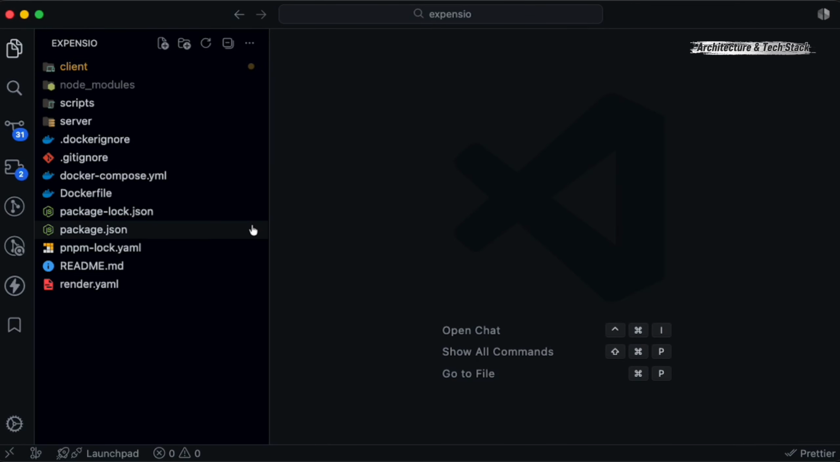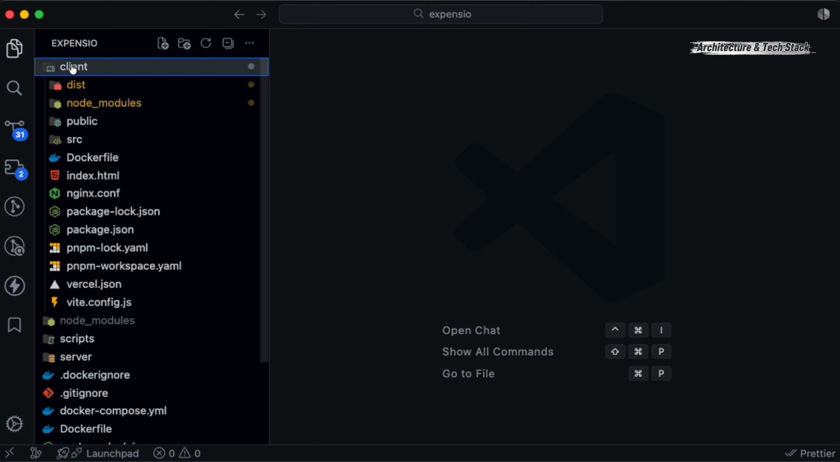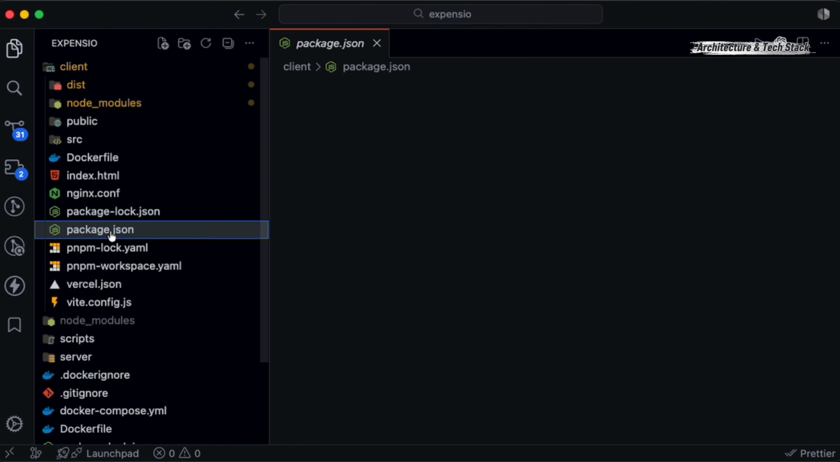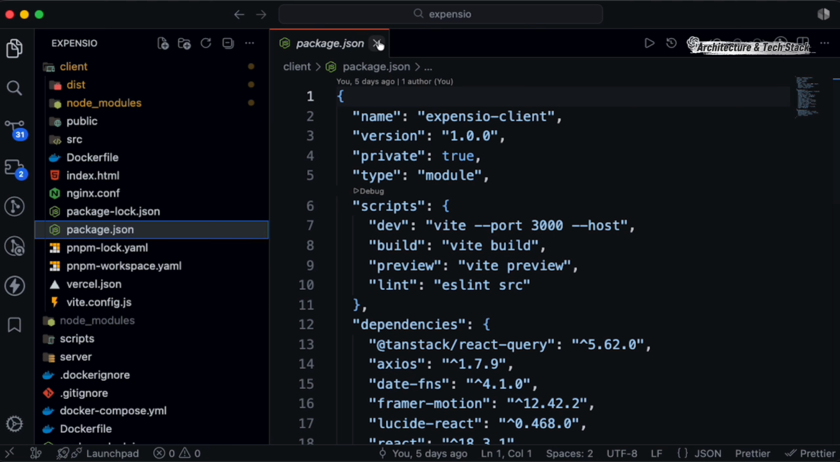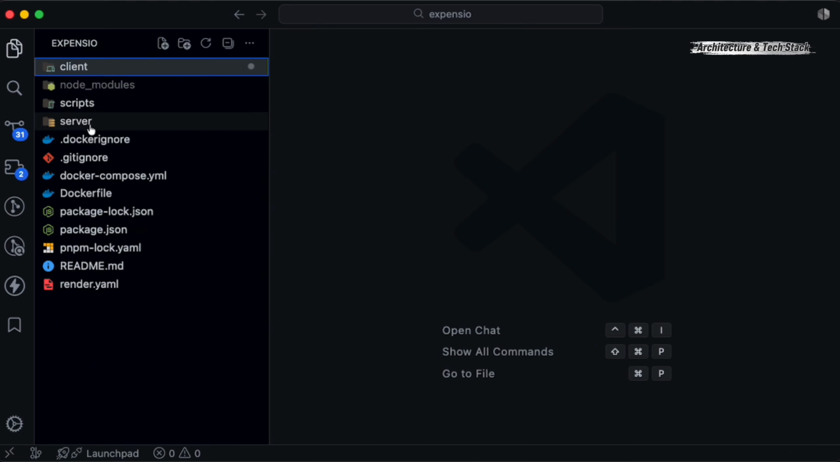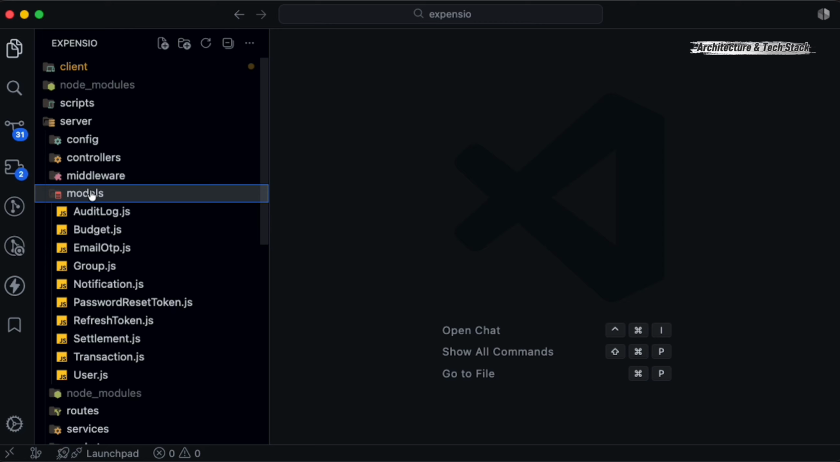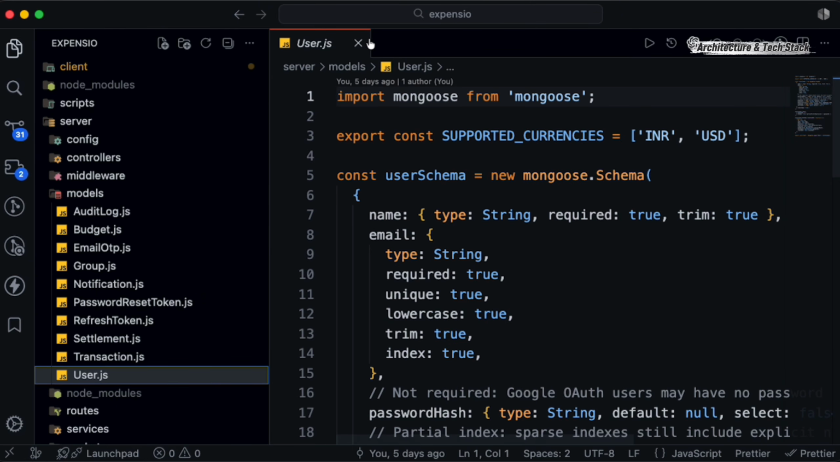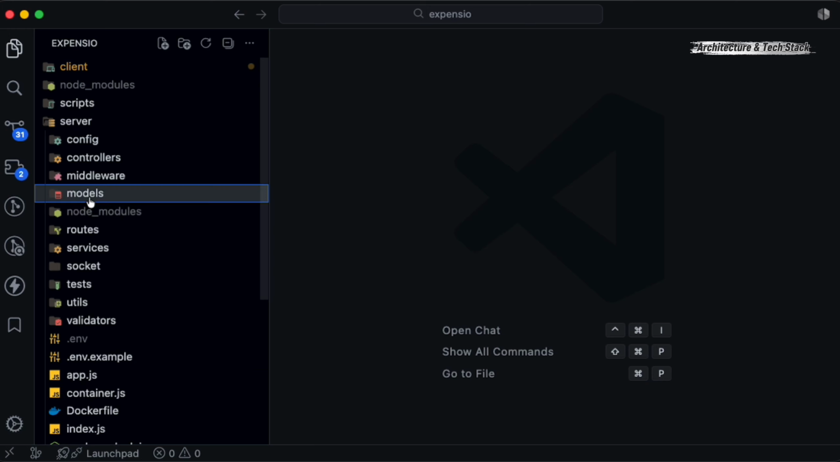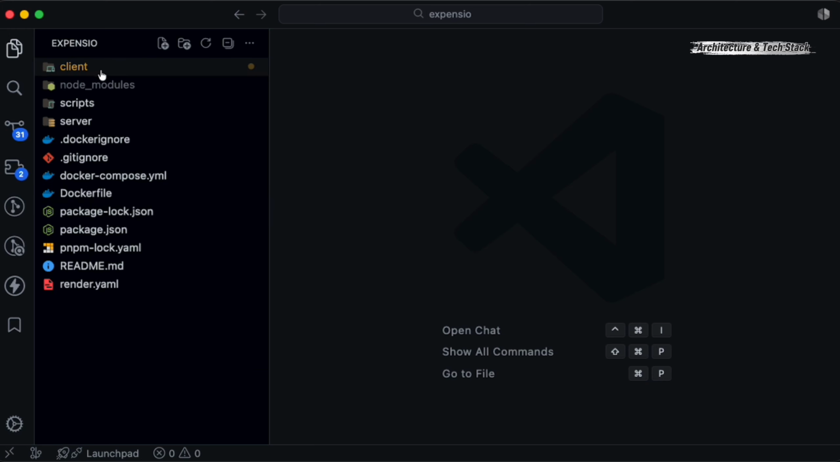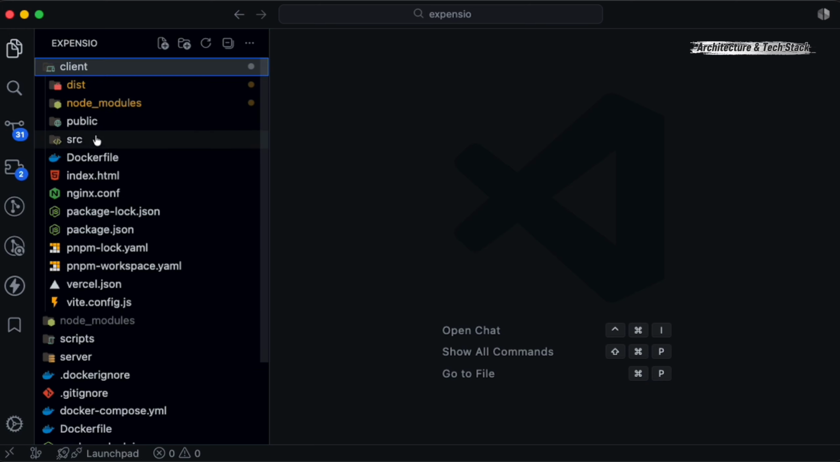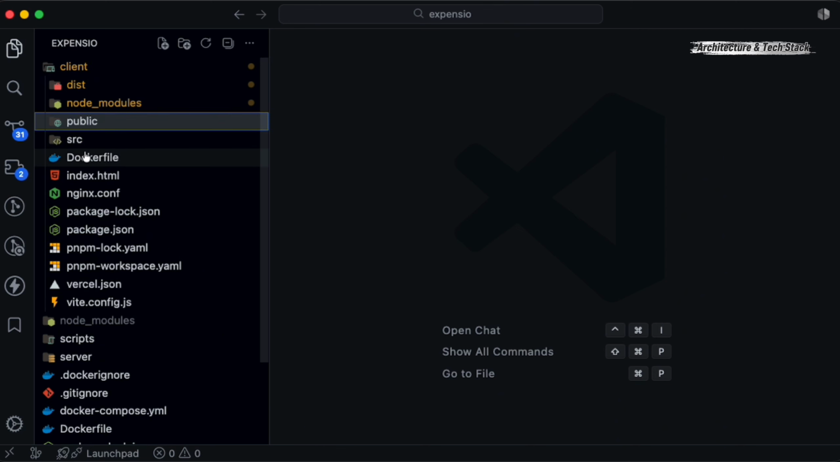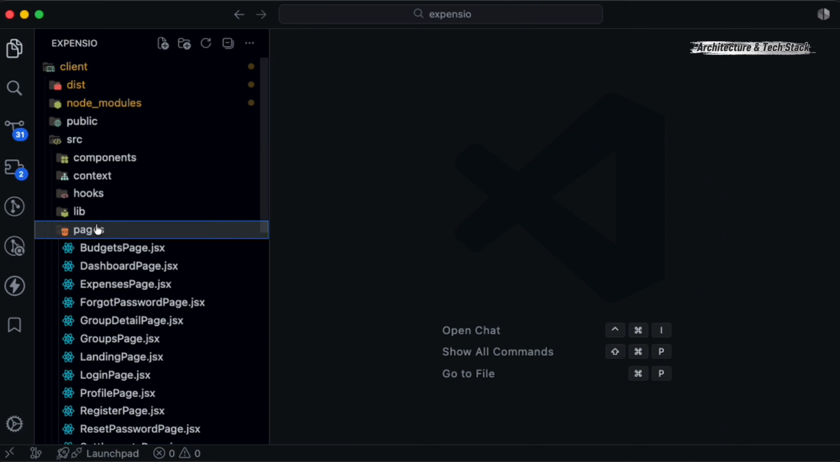Before we wrap up, here's a quick look at what powers Expensio under the hood. It's the MERN stack, MongoDB with Mongoose for the data layer, Express and Node on the backend, React with Vite and Tailwind CSS on the front end. Authentication uses JWT with refresh token rotation plus Google Auth via Passport.js. Real-time features use Socket.io and all animations use Framer Motion, and payment-adjacent features like settlements use idempotency keys and